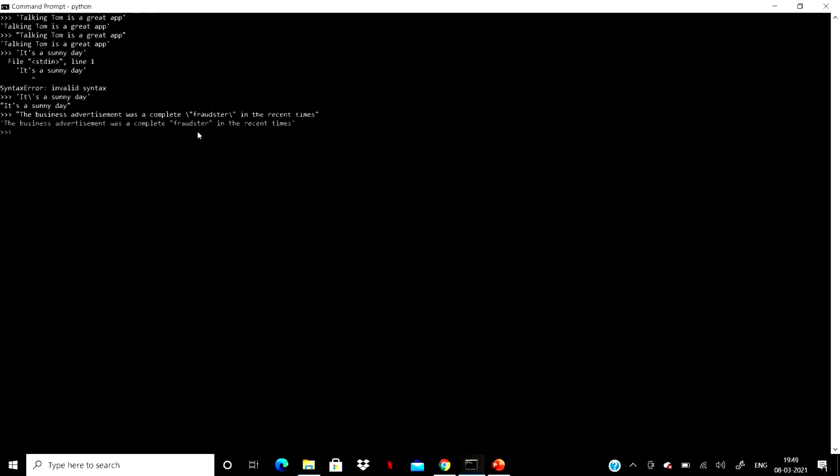Notice the use of escapes here. If you just want to put fraudster in double quotes, just want to highlight this word here, you have to escape first from this double quote, as if we don't escape at this point, it will make Python understand that actually the string is supposed to end here. But no, we are starting a string again here, so we have to escape from this first quote and then escape again from these quotes so as to enable us to end the string with the double quotes after time here.